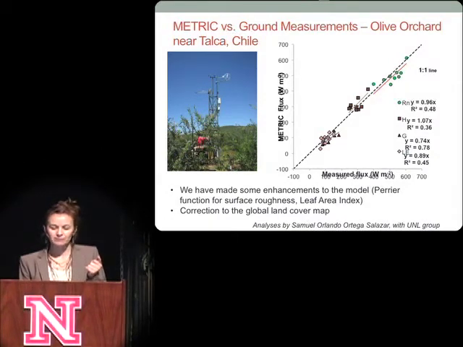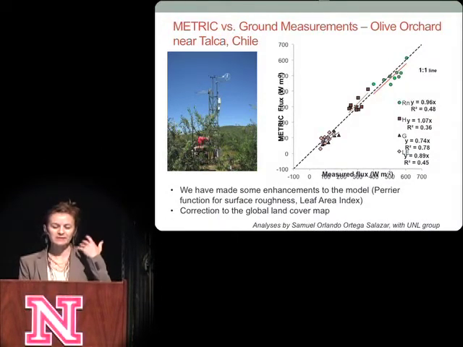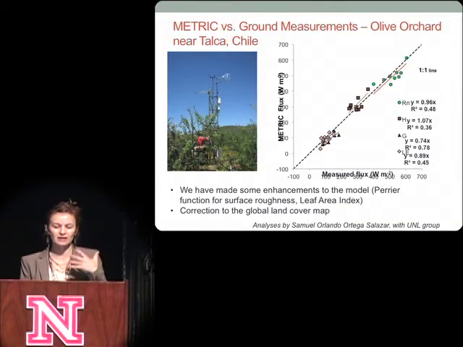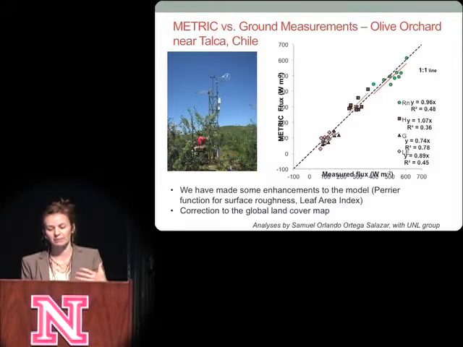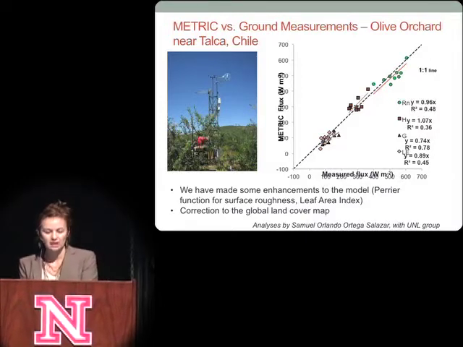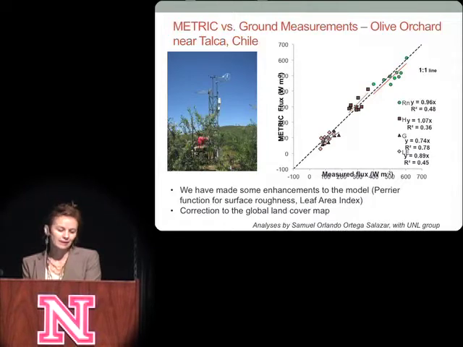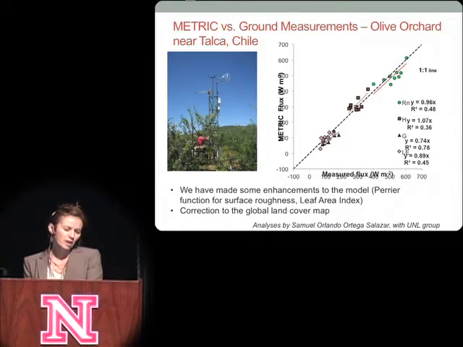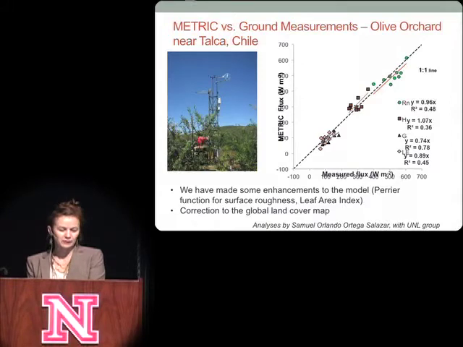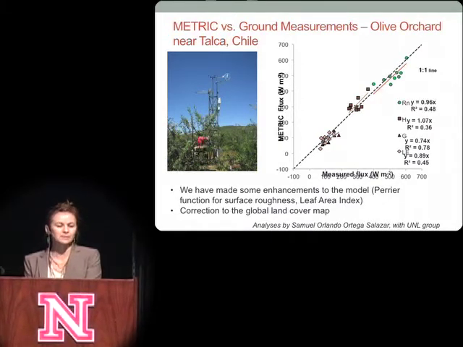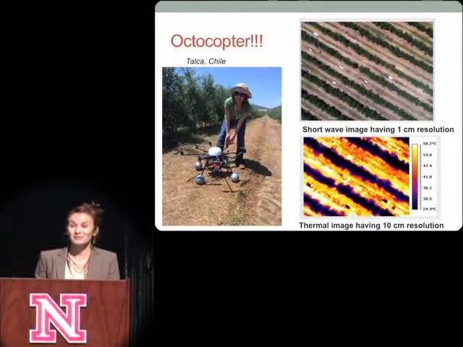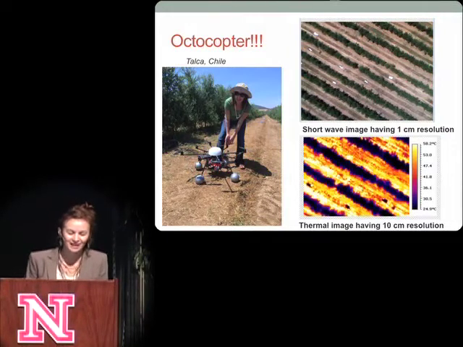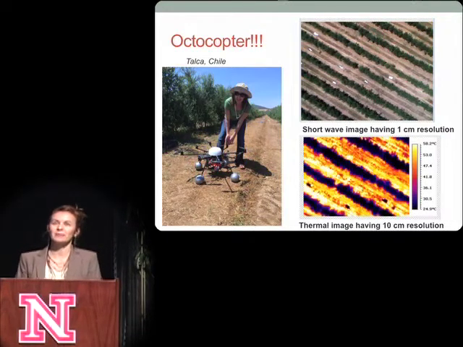All right, here is what we found after calibration, a new function: we found a pretty good match between the METRIC results and the measurements here from the olive. Again, they take LAI, for instance, a few times. So these are like 2 years of data. It doesn't look like it's pretty dense. Again, I was there. I didn't post this on Facebook either, so you're seeing it for the first time. I was there back in January,